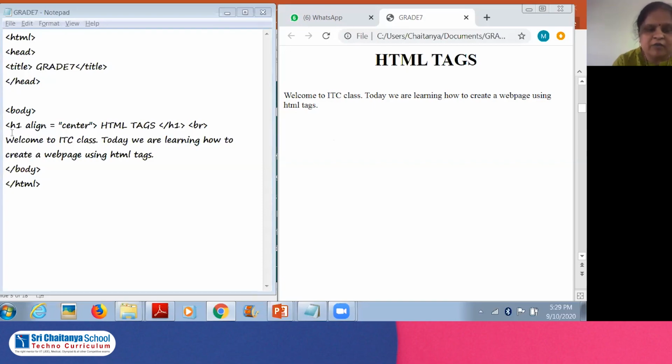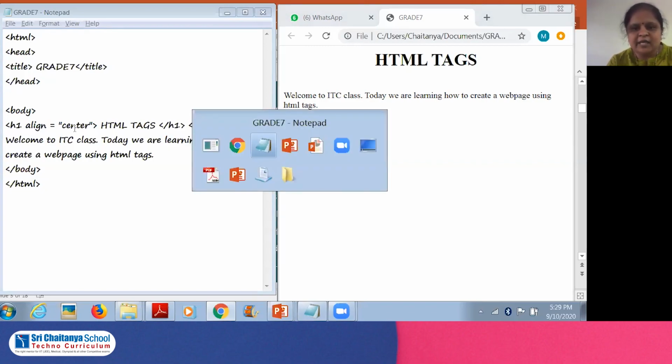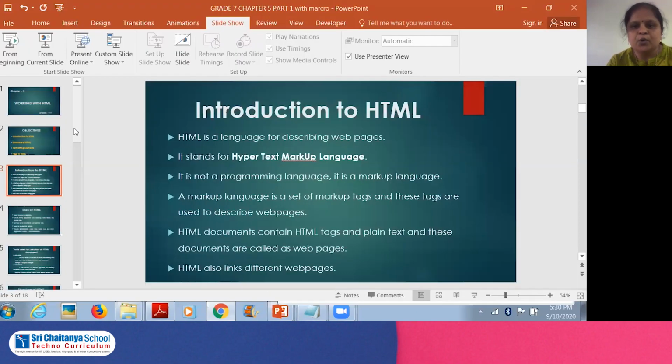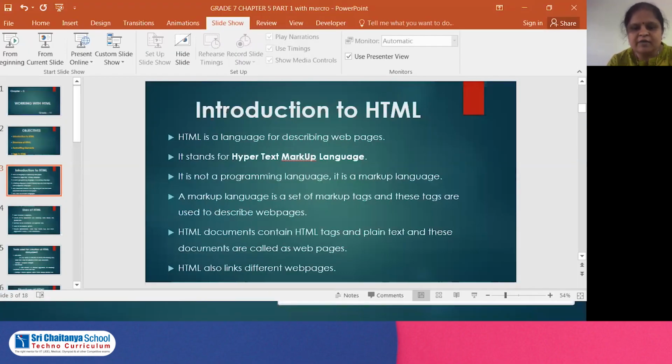So H1 is a tag and align center is the attribute, in which align is the name of the attribute and center is the value for that attribute. I hope it is very clear for you. Okay, so let us go for our next thing.